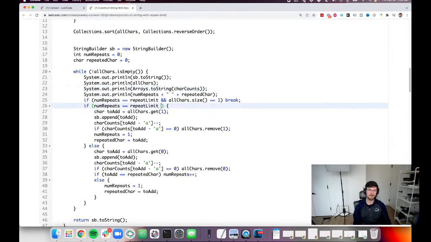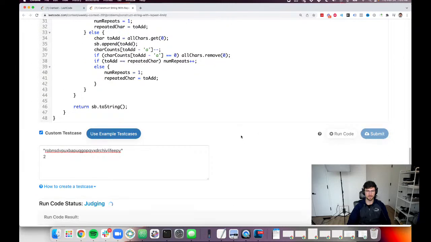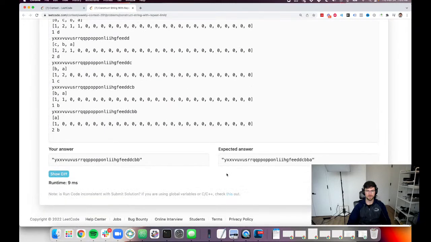this is if we're at the limit and the repeated character is, and it's equal, right? So it's, right, like that's basically, I believe, the issue here. So if we run this again, we should end up with